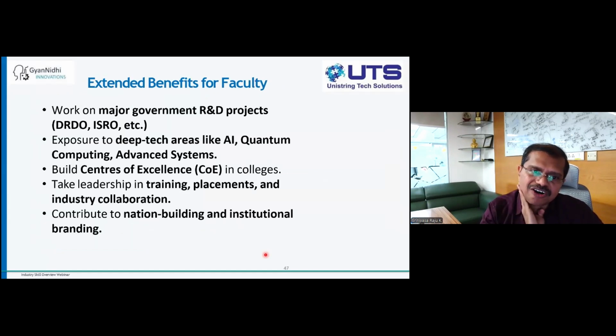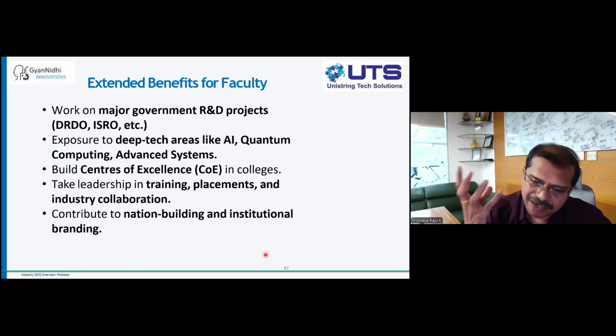You learn a lot of things. You get extended benefits as faculty. You can write research projects. You can do a lot of other projects. You can directly take pride in working in nation building and institutional benefits. Branding: your college gets a good name down the line. Placements you give, students are lifelong. They'll remember, sir, whatever you taught has actually given me a strong career now. That's what somebody actually looks at, right?